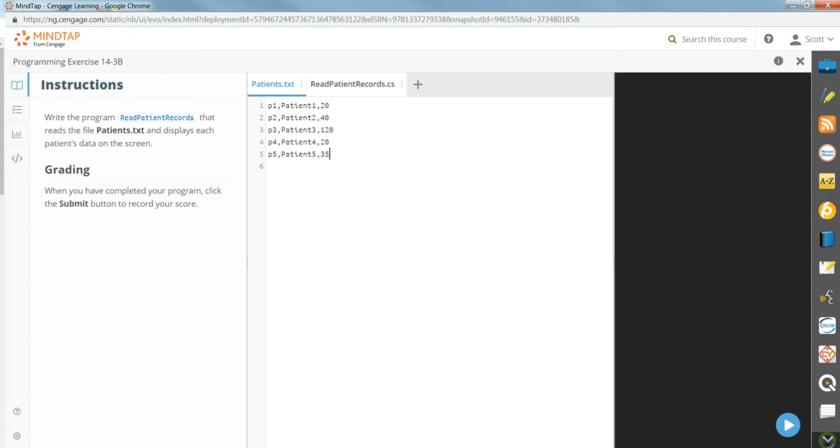I need you to take your time and go through and input patients.txt data that aligns with what I've got here. P1, comma, patient 1, spelled that way, comma, and then 20. And then the other 4 records the same way. They're all separated by commas, and our code will align with this. Okay? So, if you go through and load this the way that I've got it here, not just for this one, but for the next one, in 14-3C, same